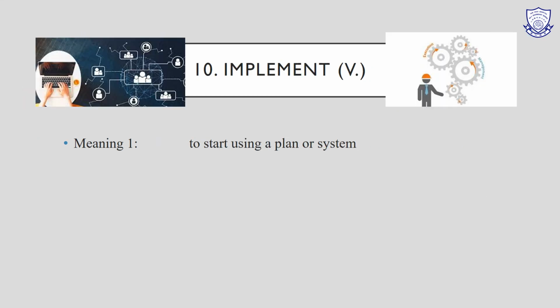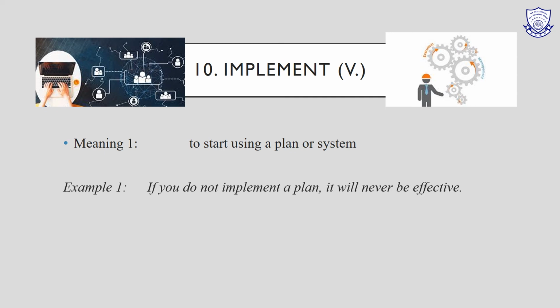number 10, implement. It is a verb, and the meaning is to start using a plan or system. Example, if you do not implement a plan, it will never be effective. So, some similar meaning can also be very precisely expressed in Chinese. So, for example,